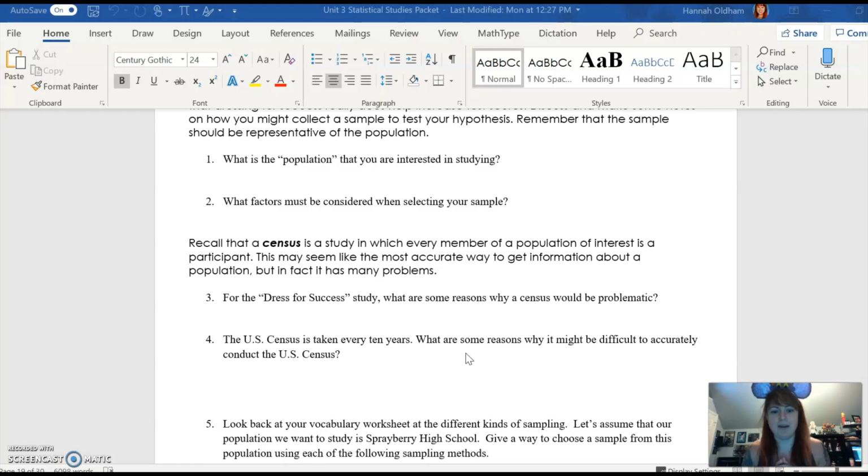But the point of the census is it helps us determine how many people are in certain areas. So it'll help determine if we need to change district lines for schooling, like are there too many kids here? We need to build another school. Do we need more resources here?